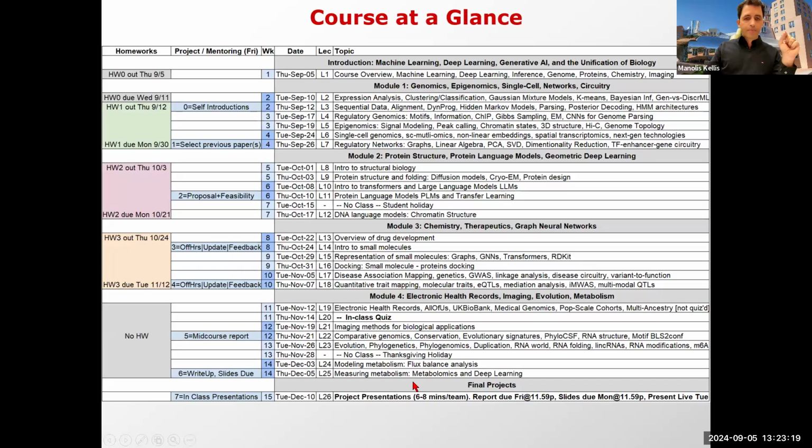And then this column here is about the project milestones. Notice that at the end of every second week, there's a mentoring session. What is that? That's when we ask you to complete little parts of the project. The first part is a one-pager that's already got some entries there, which is a self-profile. Why? So that others can find you and you can form teams.